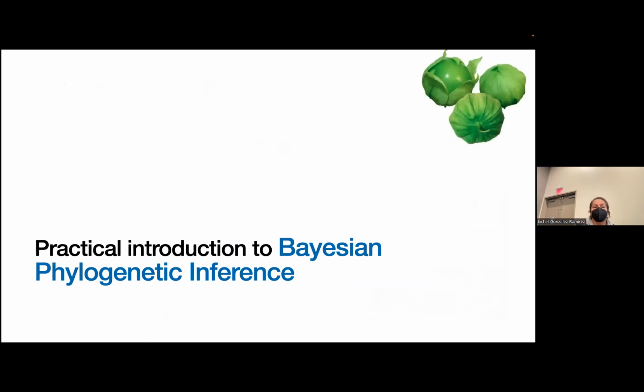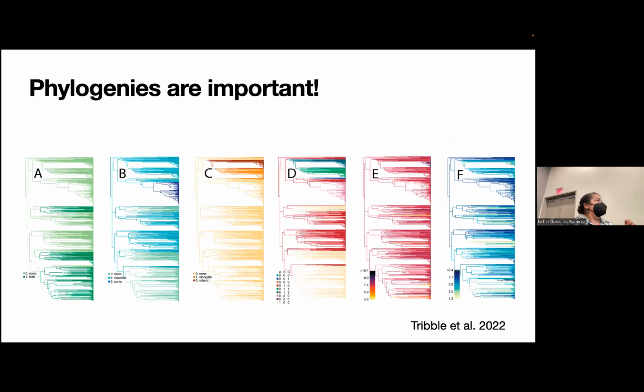So let's start with a practical introduction to Bayesian phylogenetic inference, right? There is a lot of theory behind this, but I'm going to focus on what you as a practitioner need to understand in order to implement your models. So it's practice-oriented. Because you're here, I feel like I don't need to spend that much time convincing you of the value of